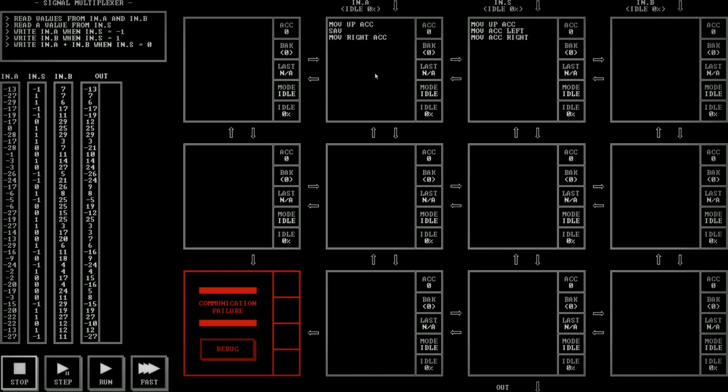And either we're going to push down a 0 or a 1, or we're going to put down either a 0 or A, and we're just going to add those values together. So here we'll say, sure, move up to the right, and here we'll have move up to the left,